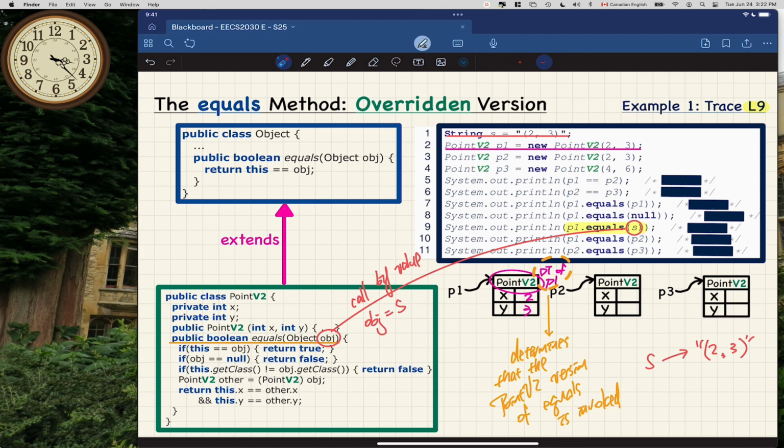And when you're passing this S over here to a method called equals, the parameter OBJ is going to be aliased to the same object. So OBJ is aliased to the same object, right? That's exactly how things will work together. And now, how do we trace the rest of the equals method? Exercise for you, when you actually try to do these two,